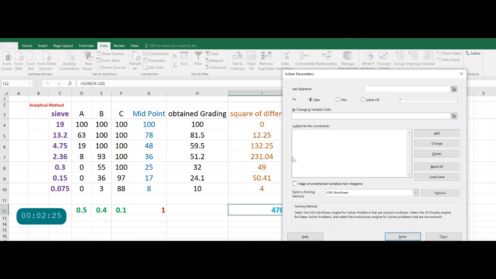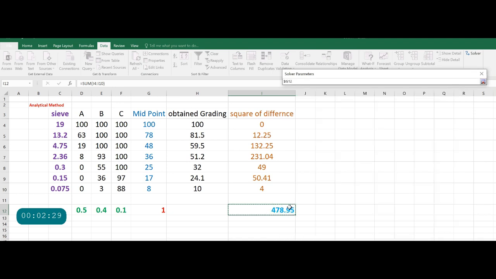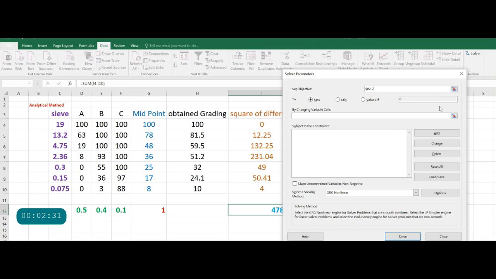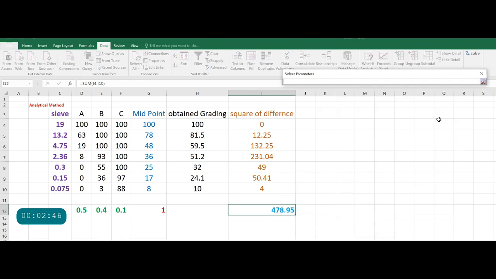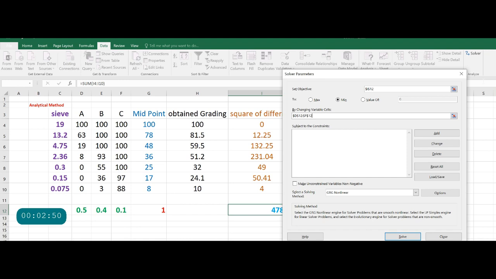The objective is to minimize this value. So we select this cell here, and we say it is to be minimized by changing the variable cells D12, E12, and F12.